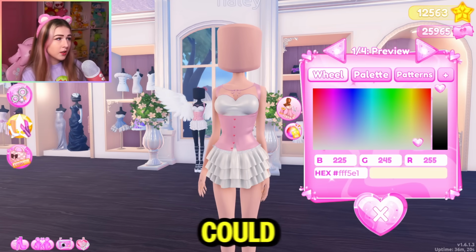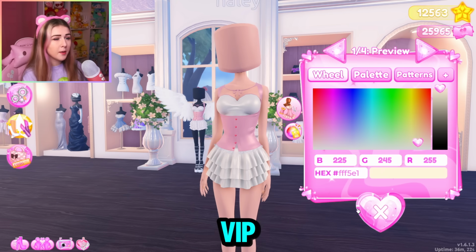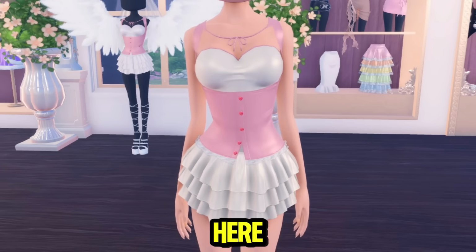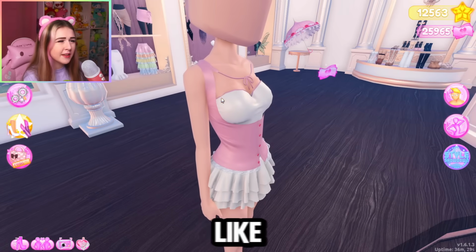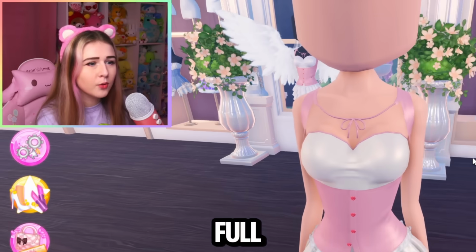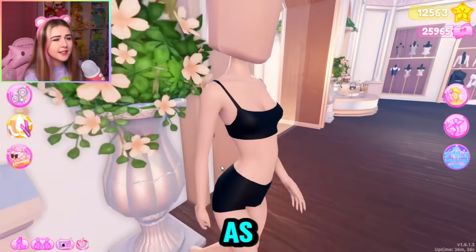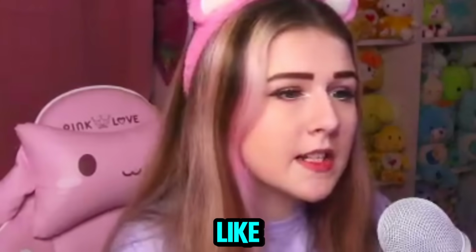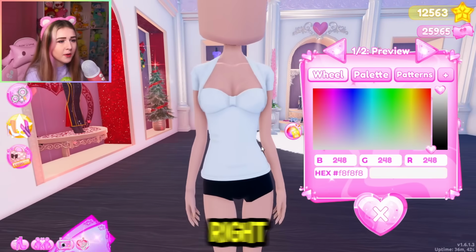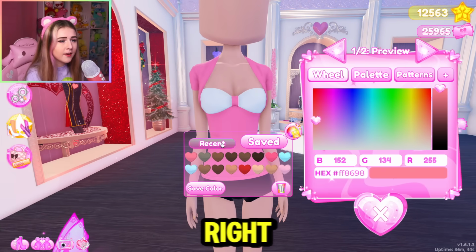The next thing that you could kind of recreate outside the VIP room is this dress right here. This got reworked recently, and there's a way to recreate it, but you don't have straps like this. Instead you have full-on sleeves. It's not as detailed either as it is in the VIP room, but it is close if you'd like something like it. So it is this top right here, and I'm gonna do pink right here,